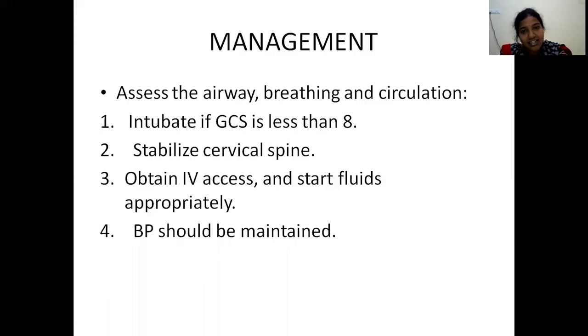In case there is any hypoglycemia, we go for correction of hypoglycemia, or if there is any electrolyte abnormality like hyponatremia or hypokalemia, we correct them. After that we go for routine fluids, and BP should be maintained. BP should be checked as soon as we get the case, and if there is any abnormal BP, then we go for correction of BP by giving IV fluids, and then we can go for inotropes like dopamine, dobutamine, adrenaline, depending on the status of the heart.